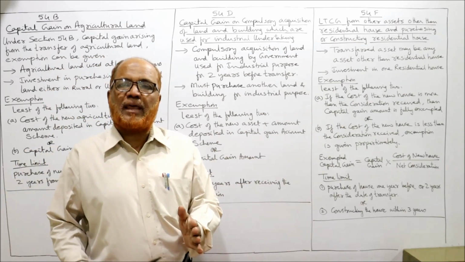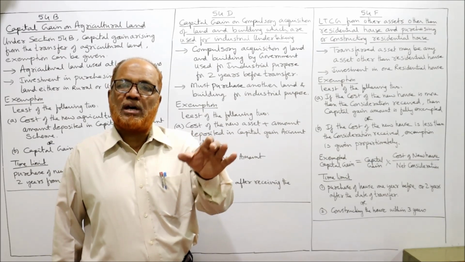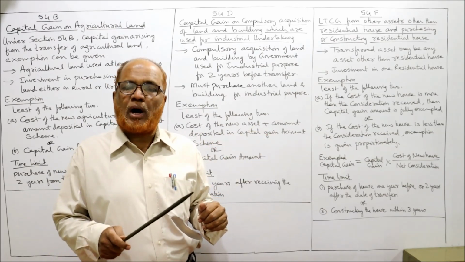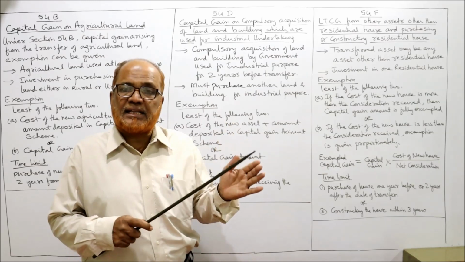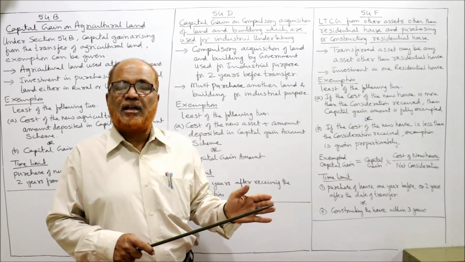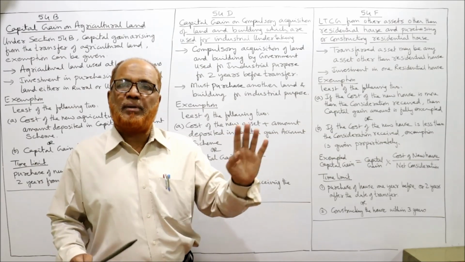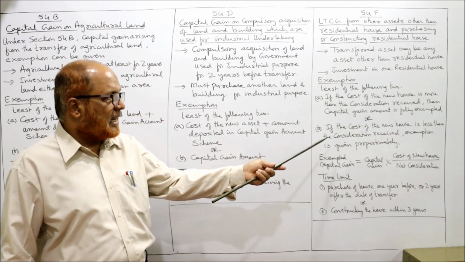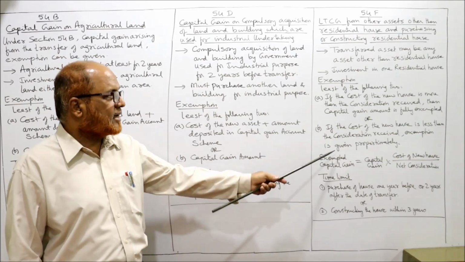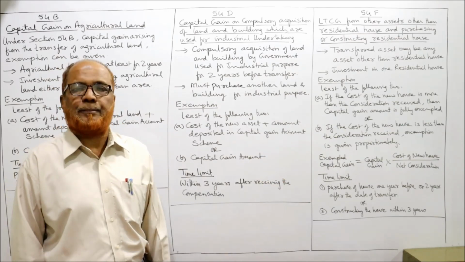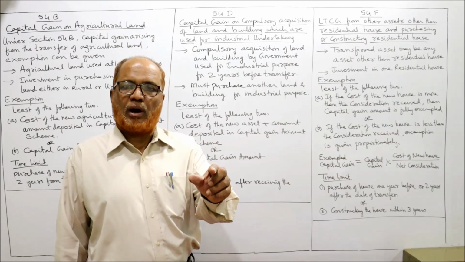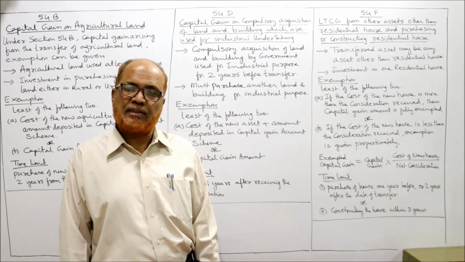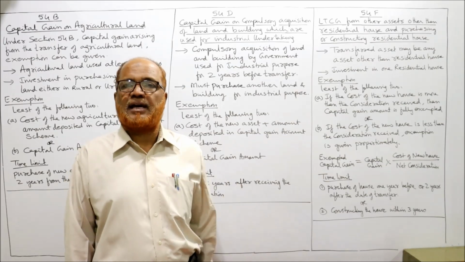Now we have to compare what is the cost of the new house and what is the consideration received. If the cost of the new house is more than the consideration received, then full amount of capital gain will be exempted. Or if the cost of the new house is less than the consideration received, exemption will be given proportionately. If the cost of the new house is less than the consideration received, then proportionately capital gain will be